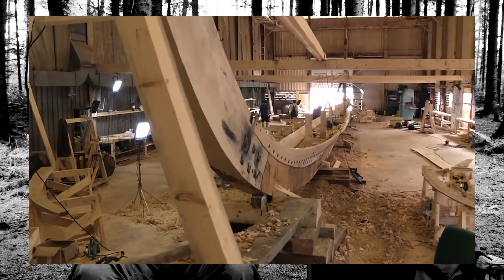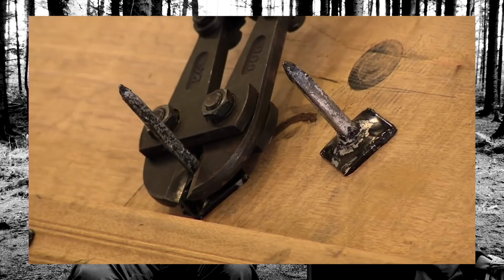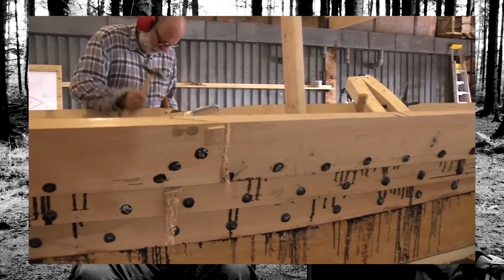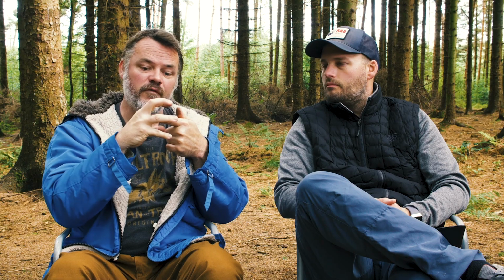closing of a rivet. So they drive the rivet, or a nail, through the boat, put the washer over the other end, and snip it off to a set measurement off the washer with bolt cutters. And then the process, clinkering, is hitting that end of the nail 100 times, they say in that film, with a hammer to round over and form the other side of that rivet holding it. So that would be how...